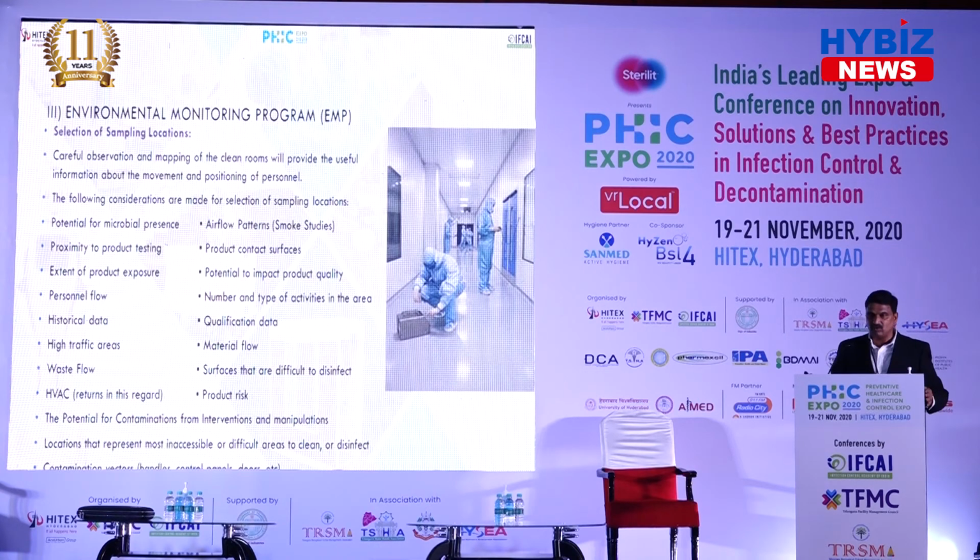I will give one example out of all this. This slide speaks about the selection of sampling locations for microbial monitoring, with worst case sites where there is a higher possibility of microorganisms. Return air risers and HVAC returns are among the worst cases. All these mentioned things are worst case scenarios where a higher quantity of microorganisms is suspected. However, I am giving one example, that is return air grills, where the supplied filtered air circulates throughout the clean room and returns through the return air grills. That is a worst case scenario, where if we expose plates or perform environmental monitoring there, we will get the maximum worst case results.